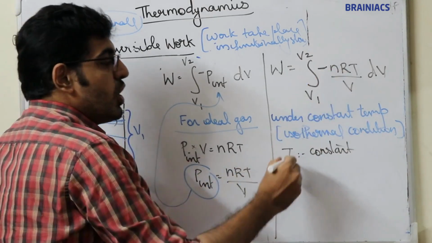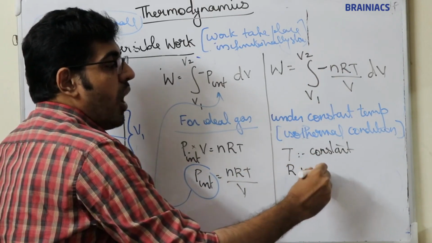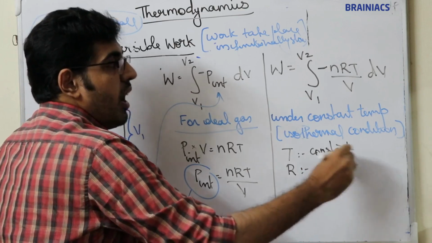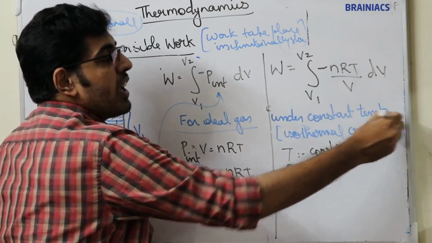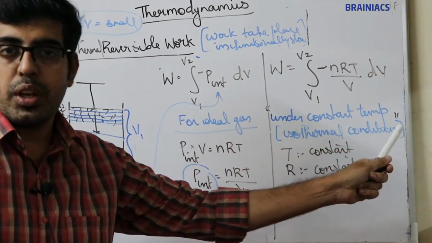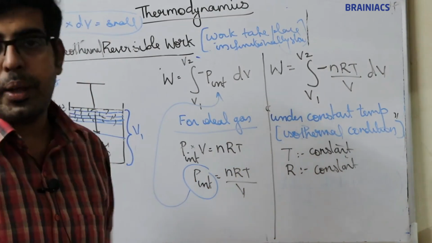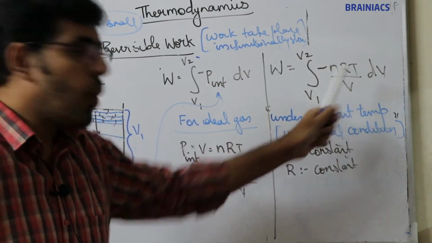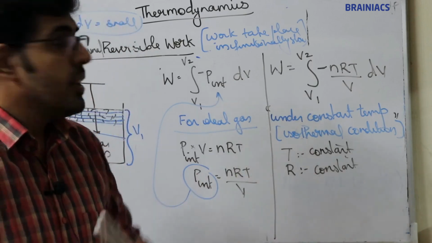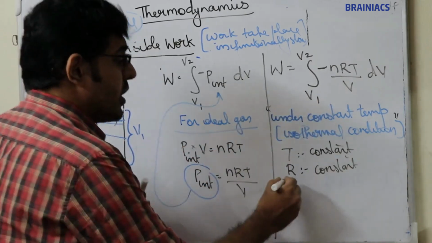Now what is our universal gas constant? R is a constant. T is temperature. Temperature is constant because we are given that condition: under constant temperature. Now here R, what is our universal gas constant? R is constant. Now here N is